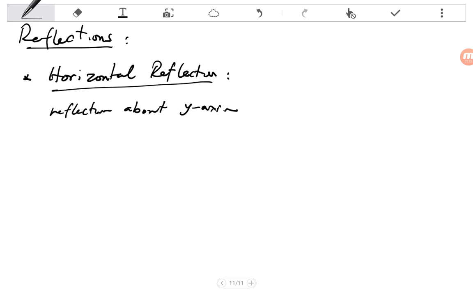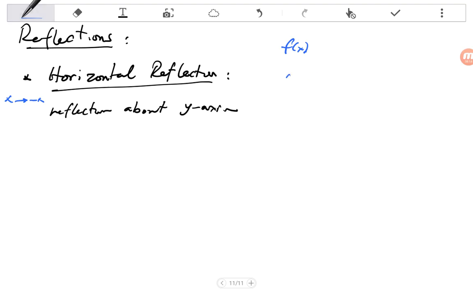How is that expressed analytically? That happens if I replace every x with negative x. So if I have some function f of x, if I need to graph f of minus x,